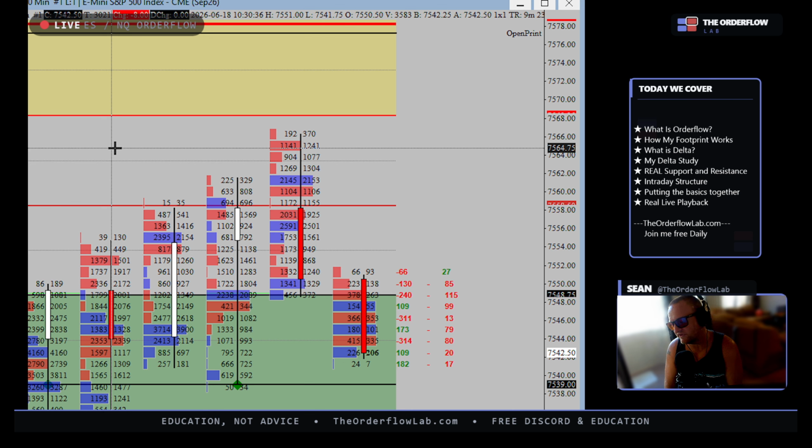And this is why moving average traders, chart pattern traders, all the guys that just focus on the chart, they continuously get run through because they're not basing it off real support and resistance. That's all I wanted to say. Okay, so that's real support, real resistance. We're going to dig into this stuff, but I just wanted to give you a bird's eye view so you understand where I'm coming from and the topics that are going to be discussed in this